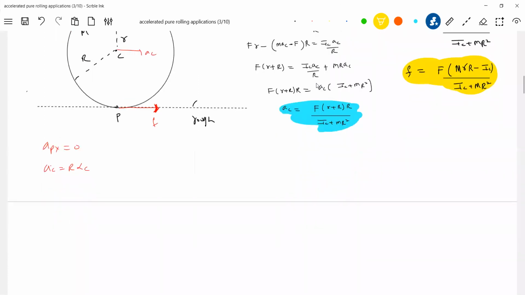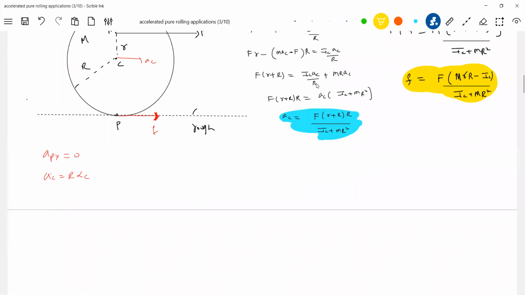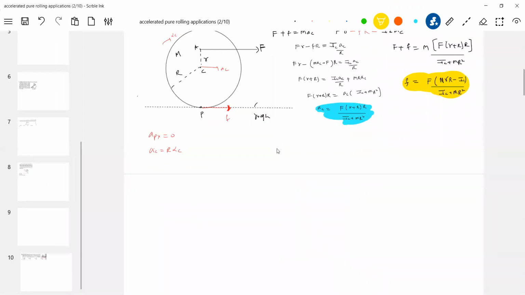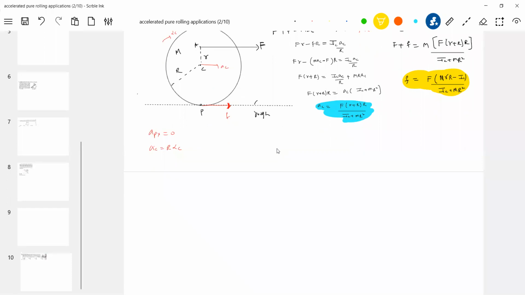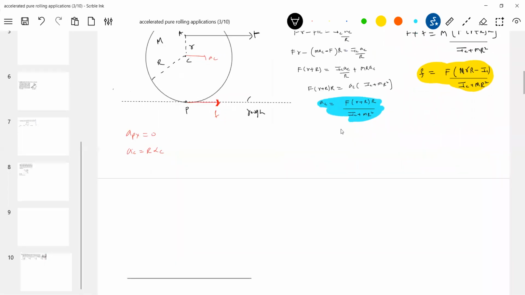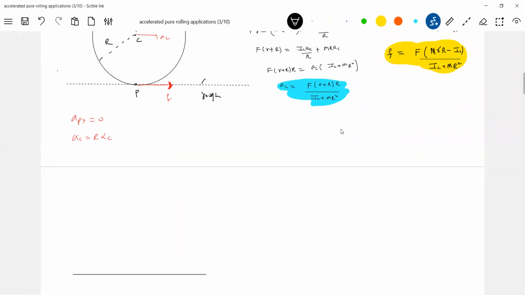Let me start with a ring. What all we have, this formula, I'm going to apply directly for the ring. In exams, you need not remember the formula. You have to directly write the equation. I think we can see this formula. So this is the ring. Now for a ring, what is IC? MR square. So I took a ring.